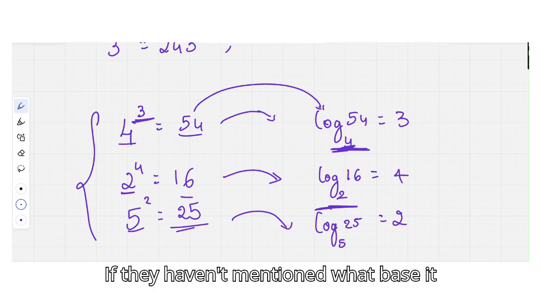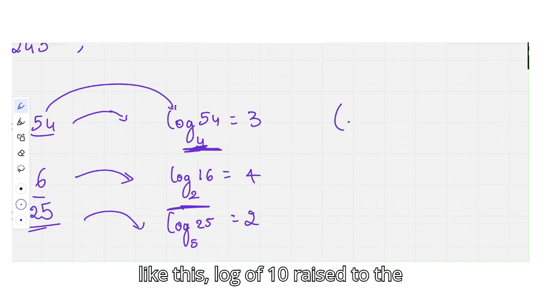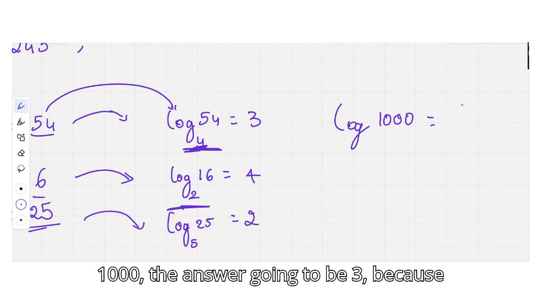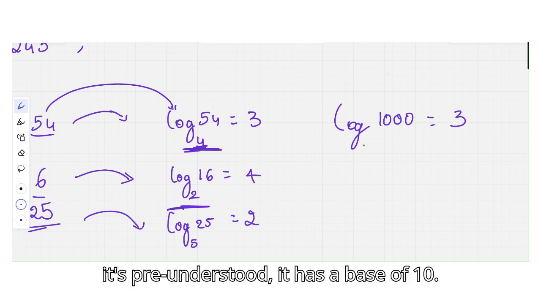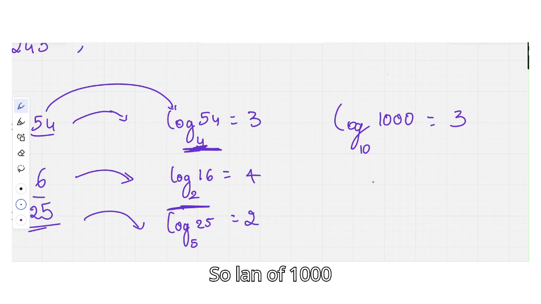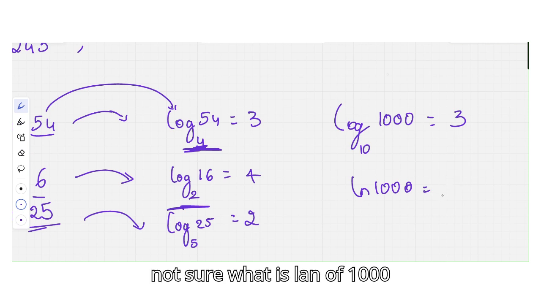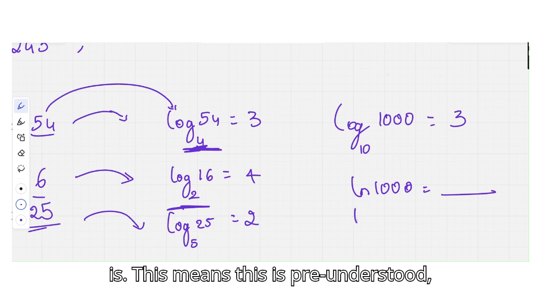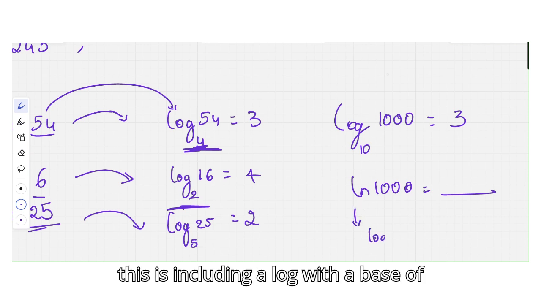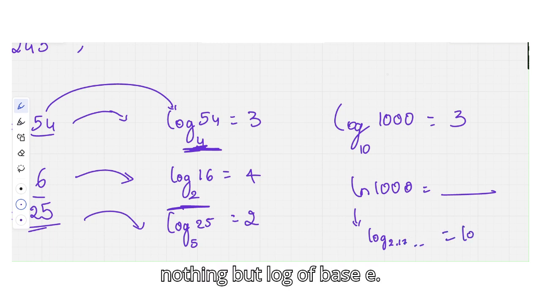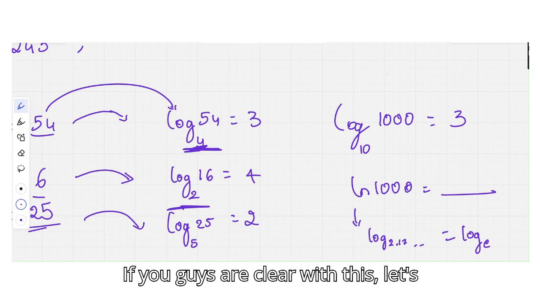If they haven't mentioned the base, they just write log of 1000. The answer is going to be 3 because it's pre-understood that it has a base of 10. LN of 1000 gives you something else, I'm not sure what the LN of 1000 is. This means the base is pre-understood, being log with base e, which is 2.71, etc. If you guys are clear with this,